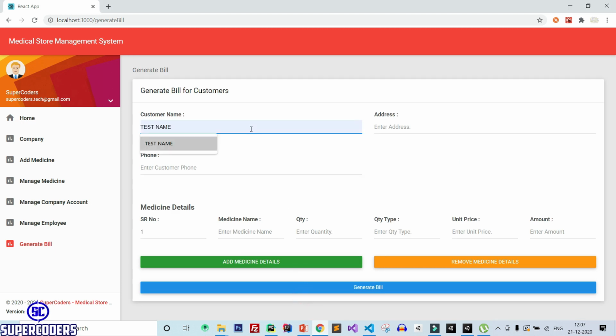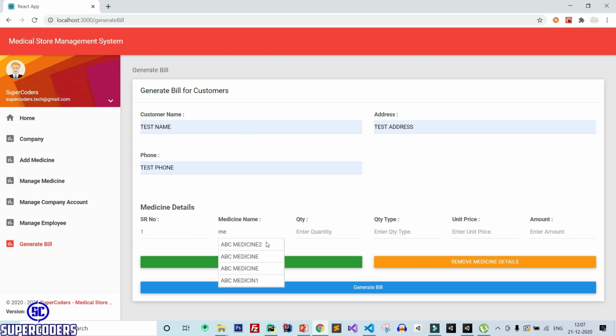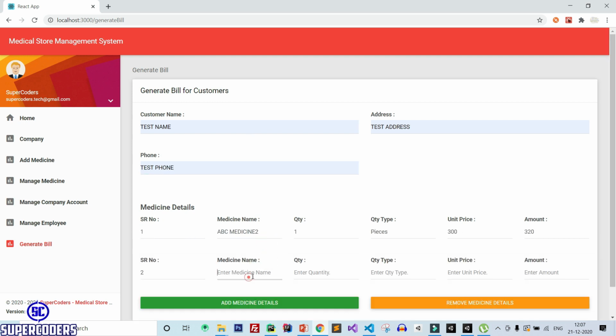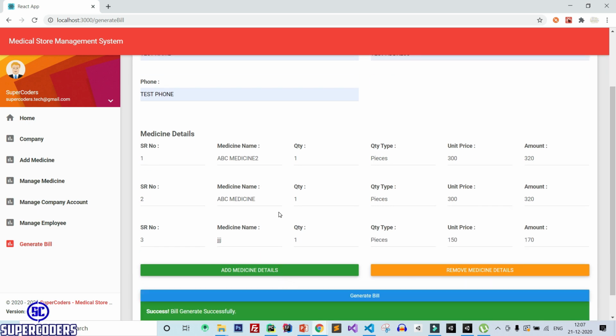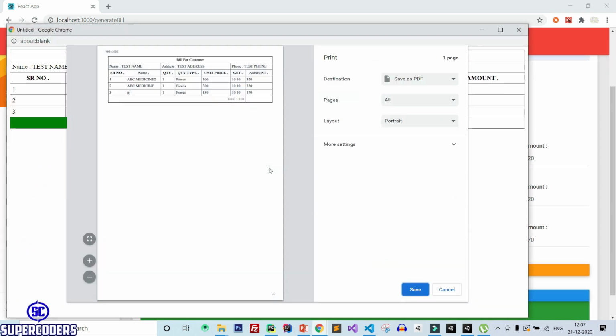So again, test name, test address, test phone, medicine detailed, set it, medicine detail. Now JJ, click on generate bill, and you can see it is looking perfect, but color is not working.